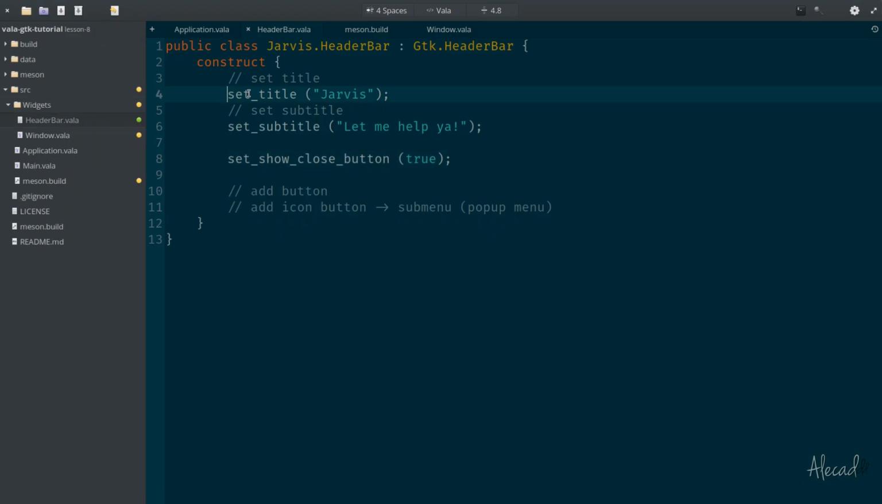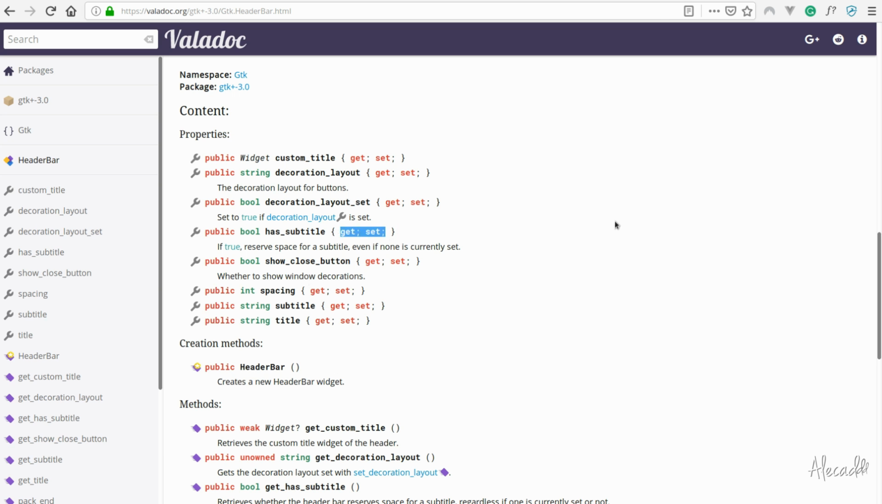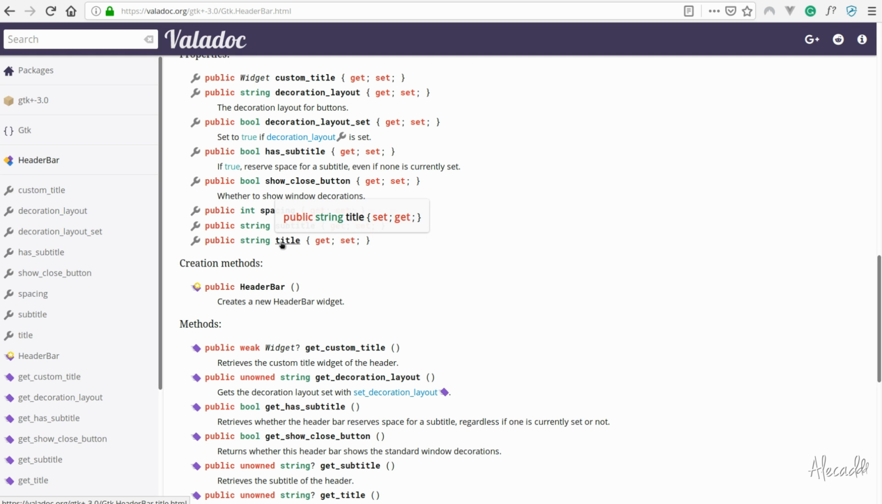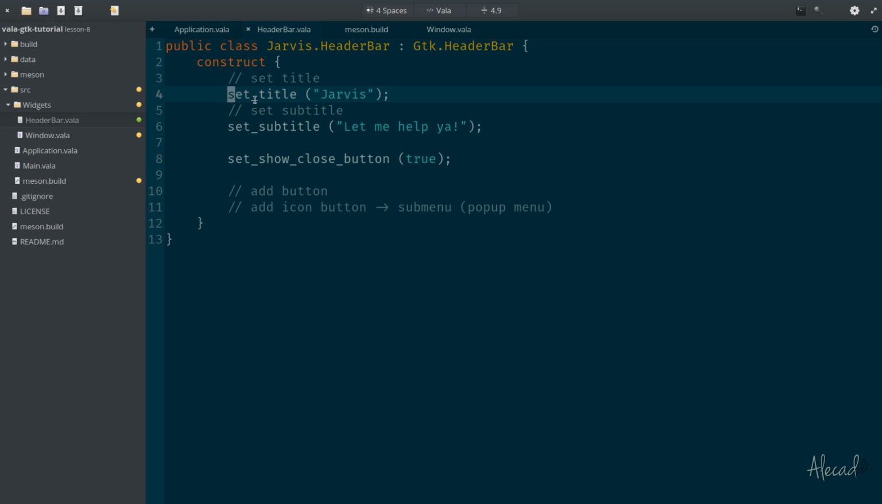One important thing to remember in the way that GTK accepts the properties, and something that you can see how it works in the documentation, is that if a property has a get or set attribute, it means that you can write that specific property with the prefix set or get, like we're doing here. So we have the title property, we want to set the title, so we're writing simply set underscore title. But that doesn't mean that we cannot use the property by itself. In fact, if we remove the set underscore and we simply say the title is equal to Jarvis,